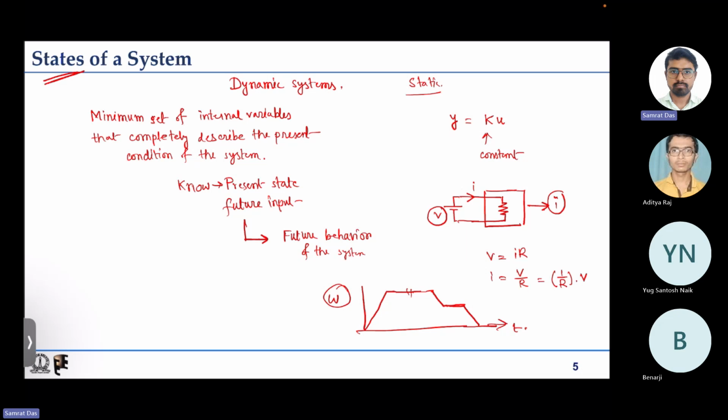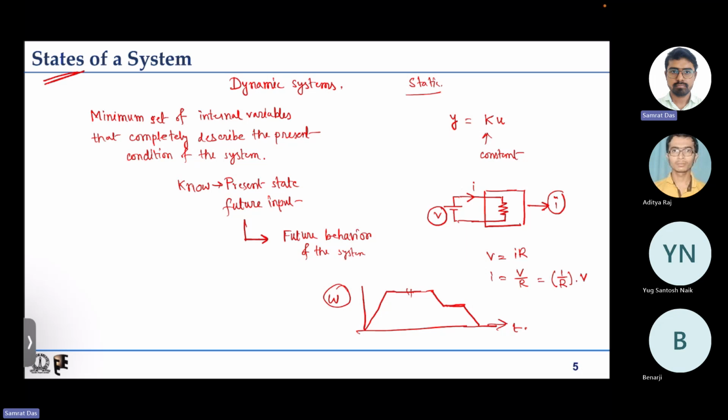When you are running a control system, two things you are very clear about: what you want, the final thing that you want, and what you are going to apply next. These two things you always know. How well you know the system matters, because that decides how well you can change the input so that finally you get